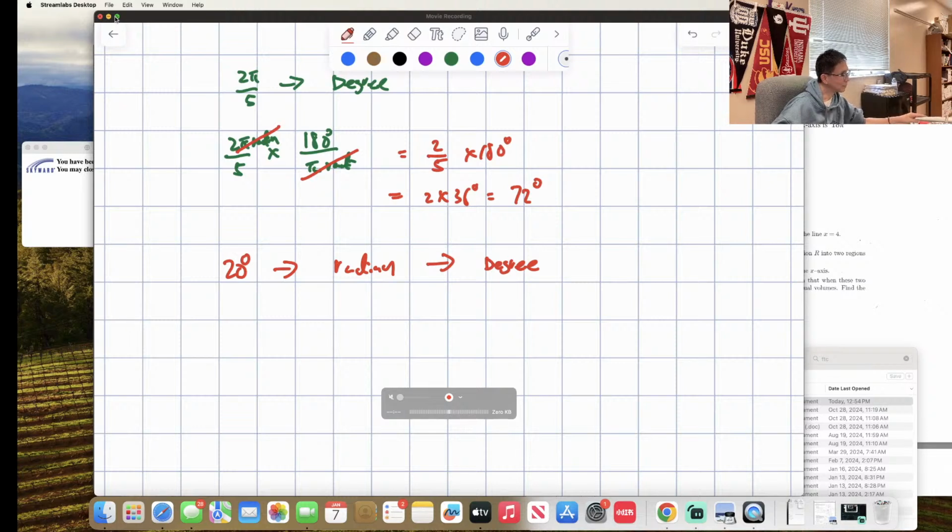So now this unit cancels, and when you multiply 20 over 180, that is 1 over 9 pi. And when you do it the other way, start with 1 over 9 pi and you do it the other way, with radians on the bottom, which is 180 degrees, right? Then it becomes